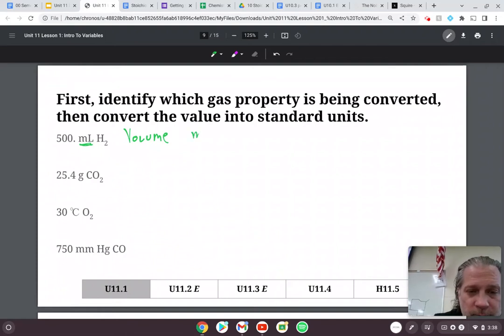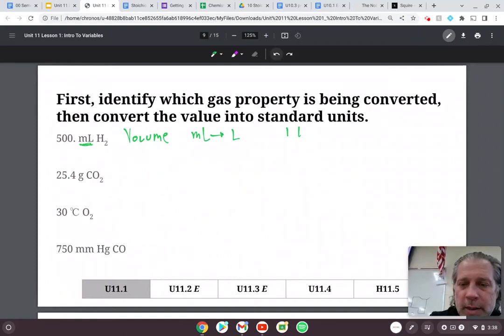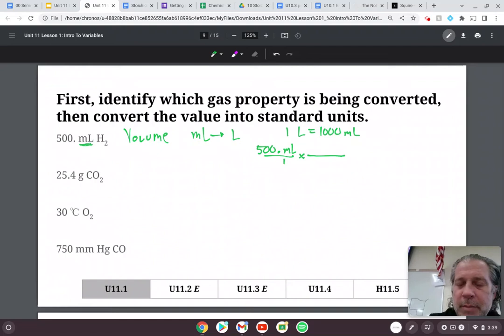So we're going to convert milliliters to the standard unit of liters. And if we're going to convert milliliters to the standard unit of liters, we have to remember that one liter is equal to 1,000 milliliters. So I'm going to take my 500 with a decimal point milliliters, put it over 1, and I'm going to set this up so my unit of milliliters cancels out. So 1,000 milliliters on the bottom, 1 liter on the top, and when I multiply straight across and divide, I